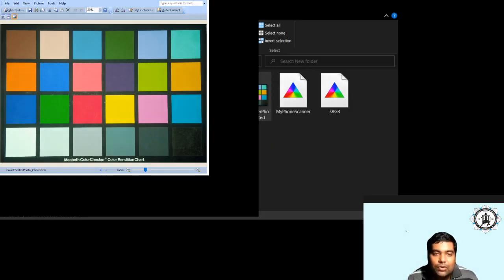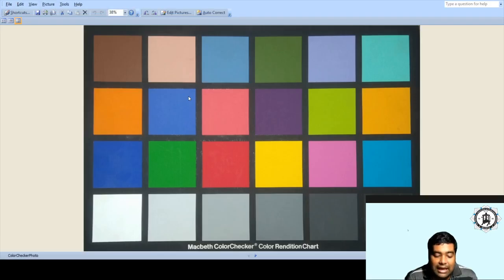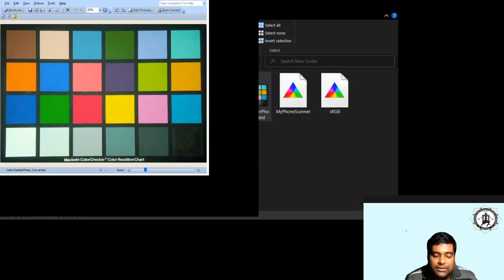So this is your original image, right? And this is your image which has been converted. So this is the image that has been converted, right? Naturally, all the colors have been uplifted, because, we will do the